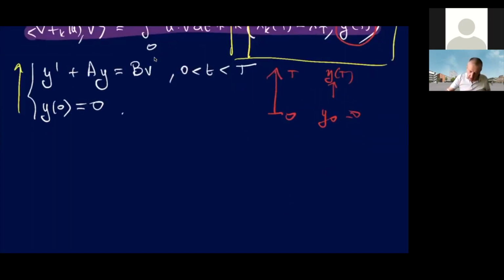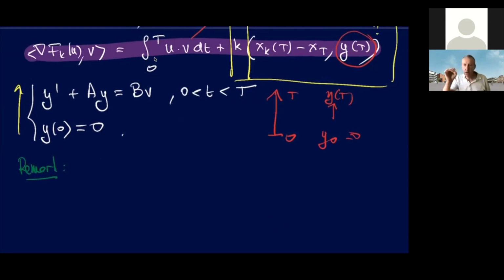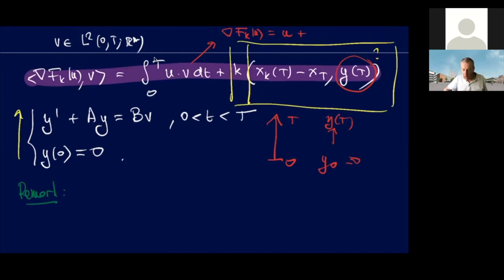Okay? So then the important remark is that when you look at things from an analytical perspective, oftentimes we miss the key point that can make your computations more affordable. Why? Because in my analytical mind, whenever I write this gradient, I identify the first term, which is U, right? But then on the second term, what I see is that I need the state Y. But actually, if you are really computationally oriented, you will realize that no, you don't need a state Y. The only thing you need, right? So we don't need Y. Which is a function depending on time. But just